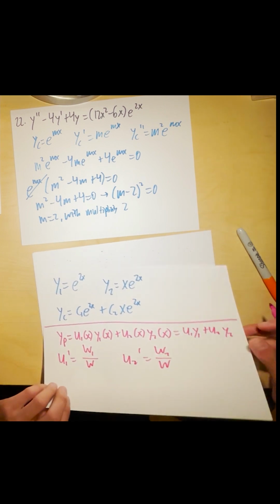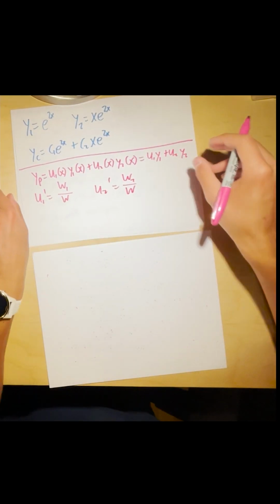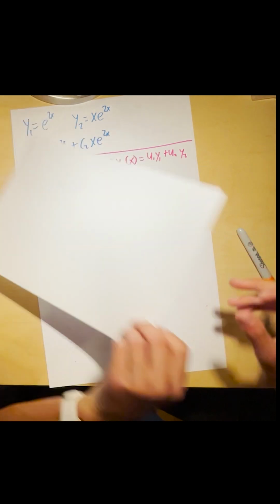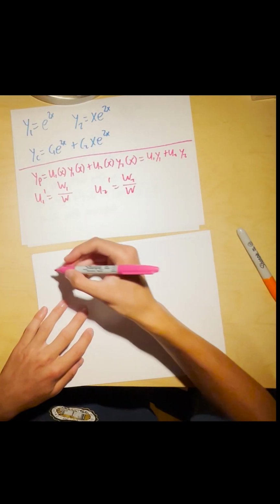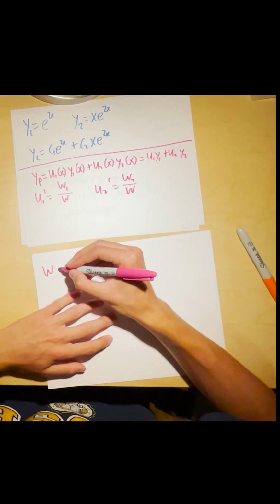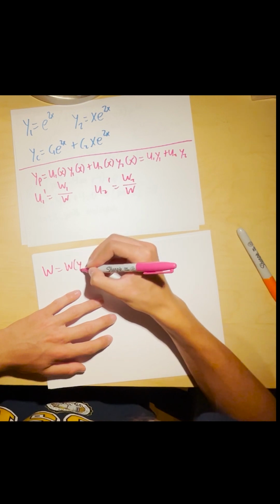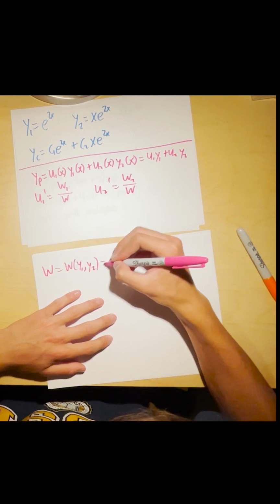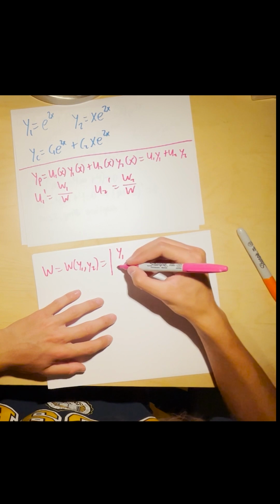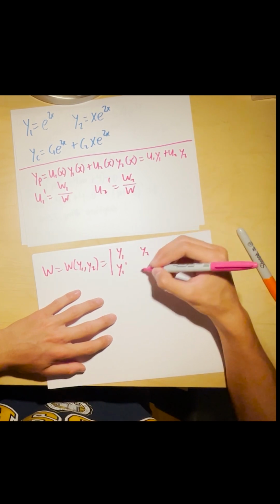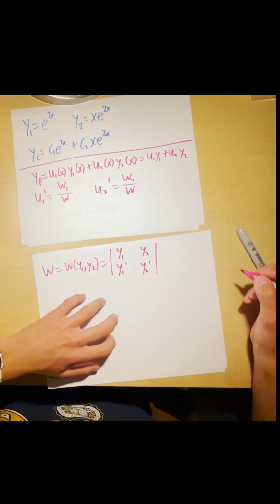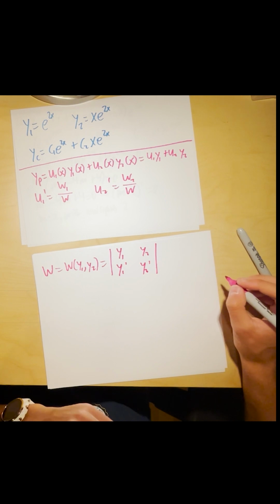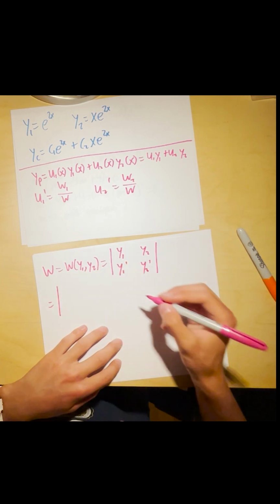And so I'm going to put this up here and show what all these Wronskians are. So the w is just the Wronskian we're all familiar with, y1, y2, so it'll be y1, y1 prime, y2, y2 prime,